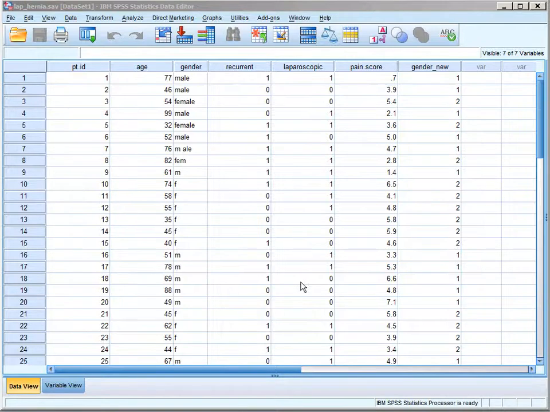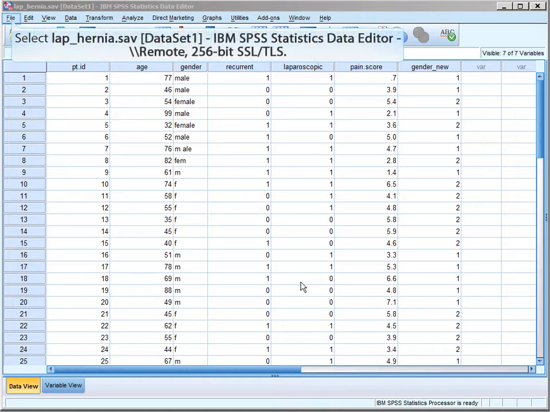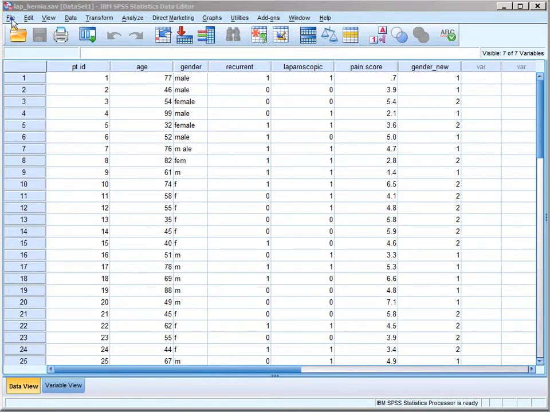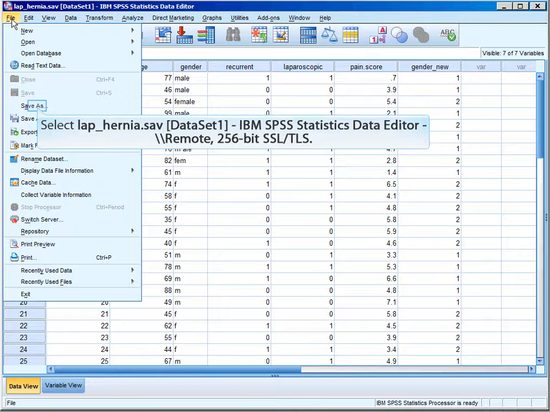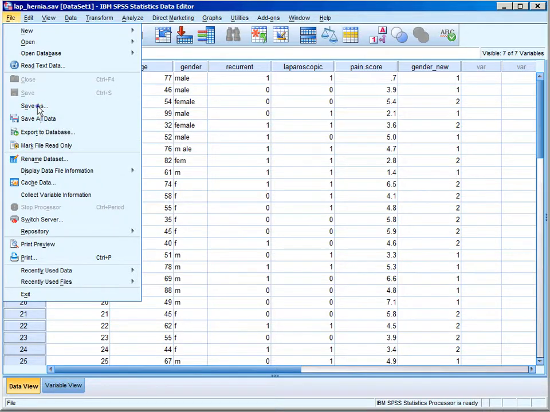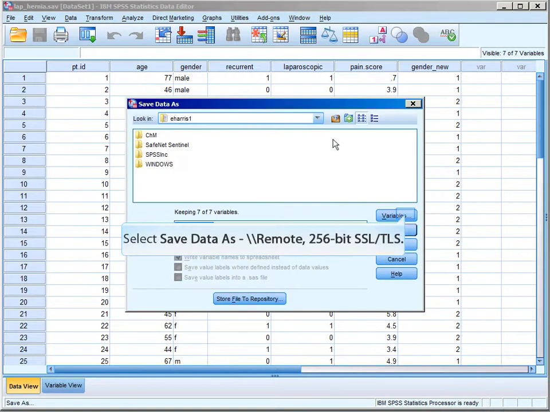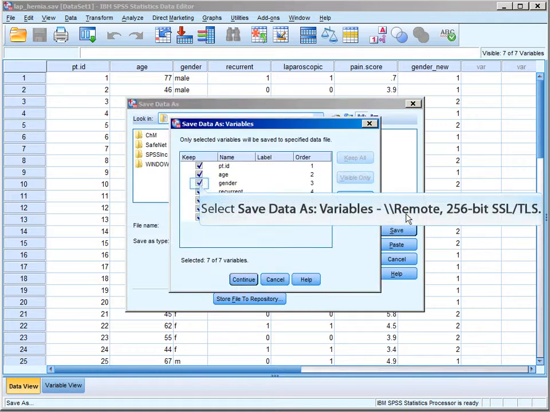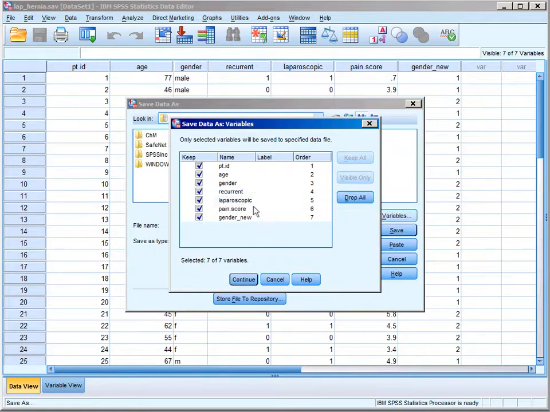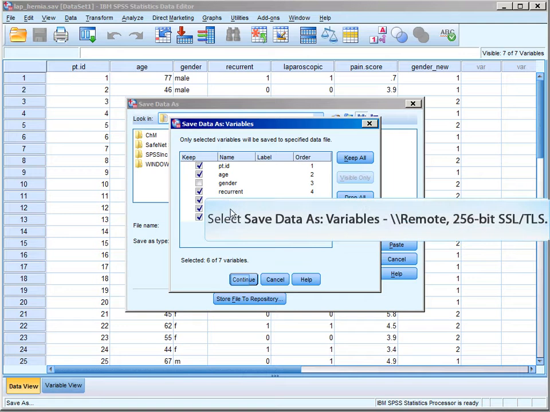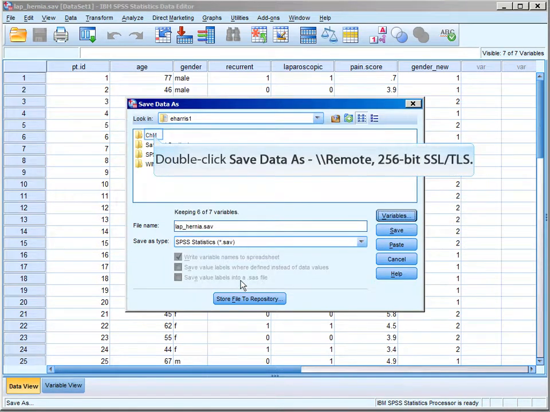So if you open laphernia.sav, not SPS, I said that wrong, SAV, this is where we left off. The first thing we're going to do is get rid of the old gender variable. Now, there's lots of ways to do this, but with a big data set, the easiest and quickest way is to resave the file, but now click Variables, and this allows you to select the ones to save, so you want to unclick gender, continue,